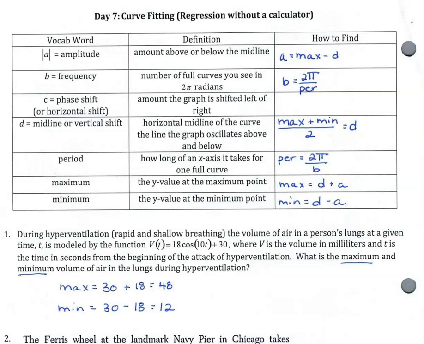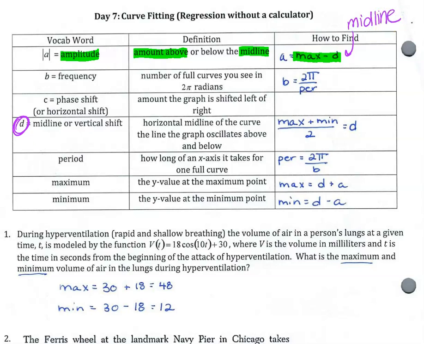First is amplitude. As we know, our amplitude is our distance from the midline. So this is your amount above or below the midline. I tend to think about it as above the midline just because then it's in the positive direction, but ultimately it's either. So you could use your amplitude and do whatever the maximum is minus D, which is representing our midline. So keep in mind down here, D is the